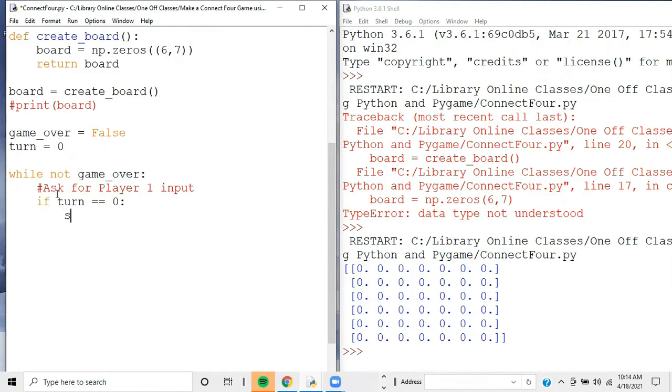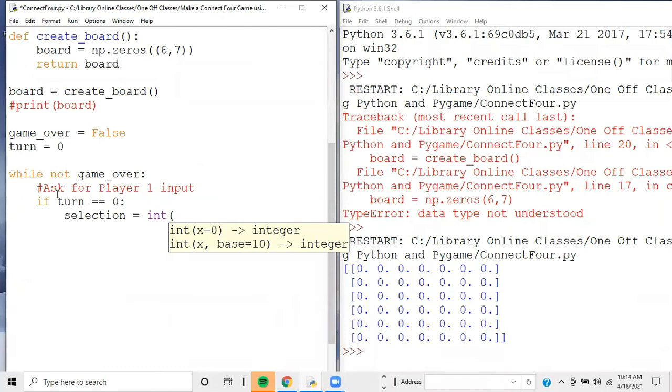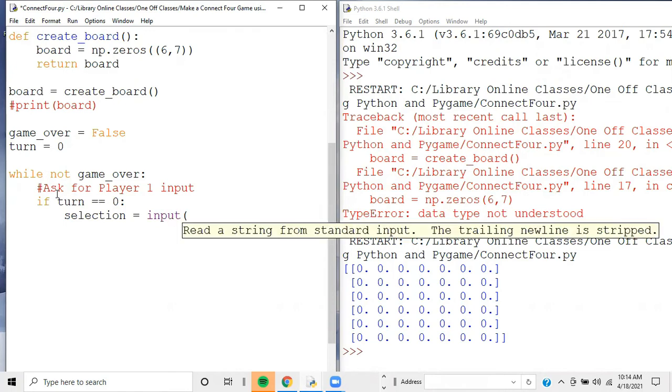Then I'll create the variable selection equals int. I'll show you. Whenever you use the input command, you're asking for user input. You do input